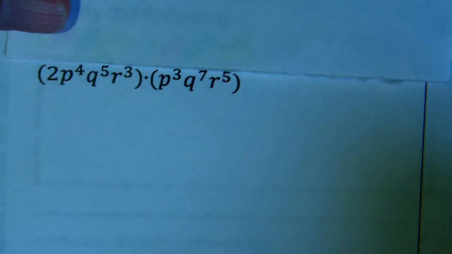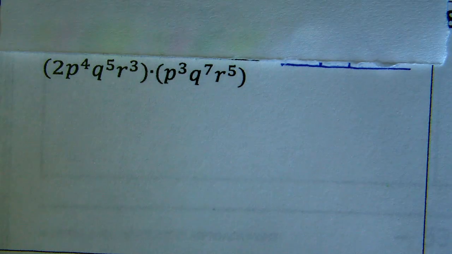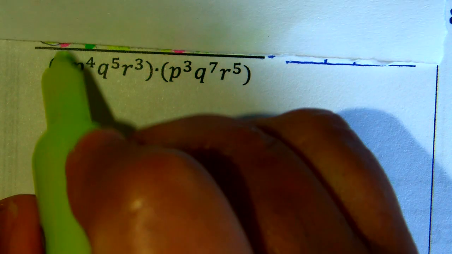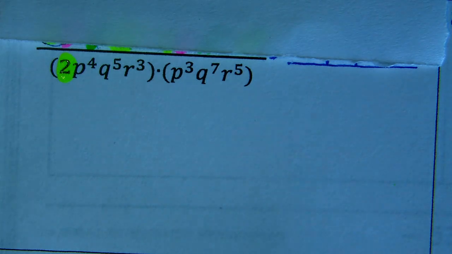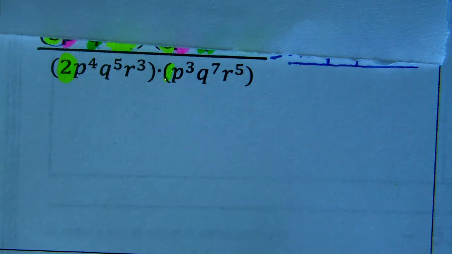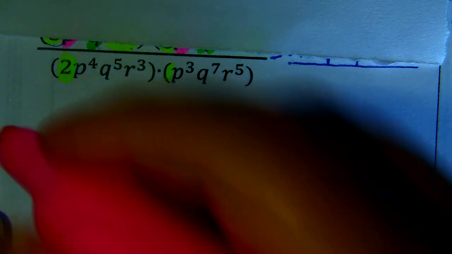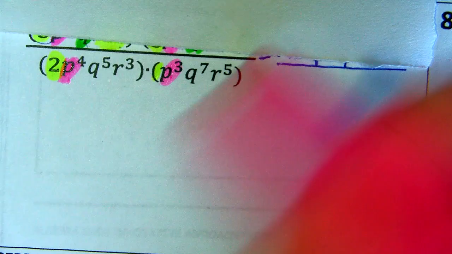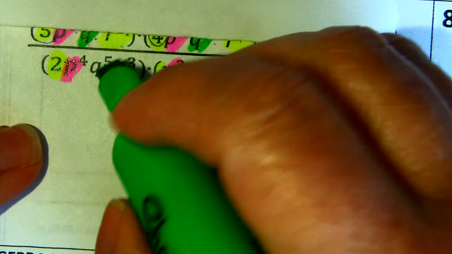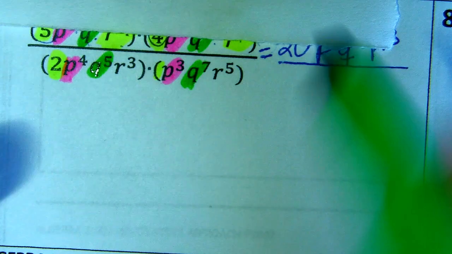Now let's move on to the part in the bottom. Same thing. We're going to simplify and tackle this multiplication over here. 2. And what coefficient do we have here in front of the P? There's a 1. All right. So let me highlight the letters. P, Q,